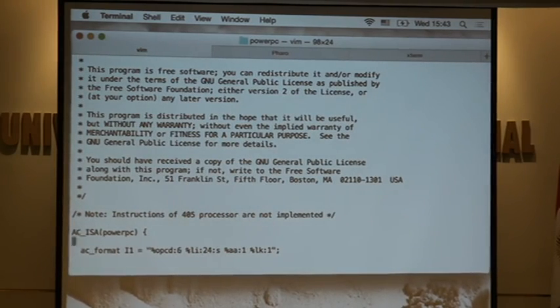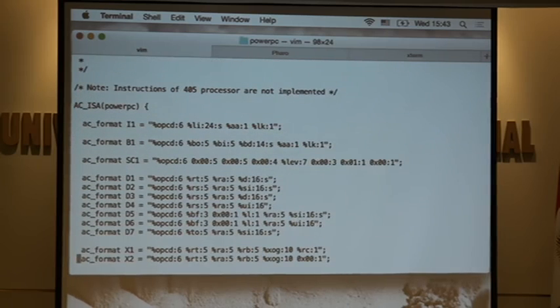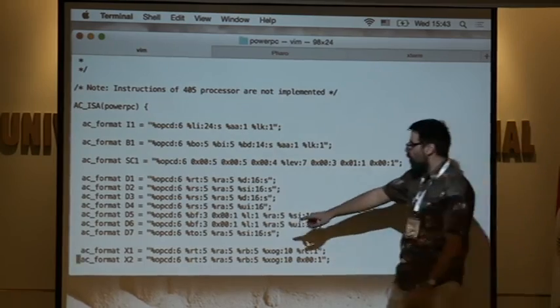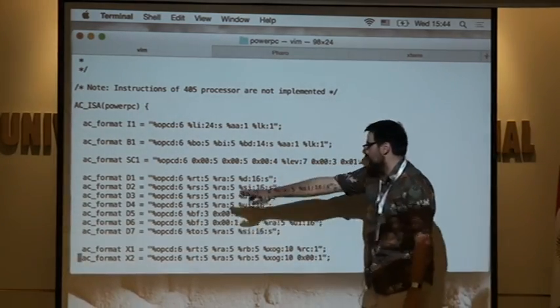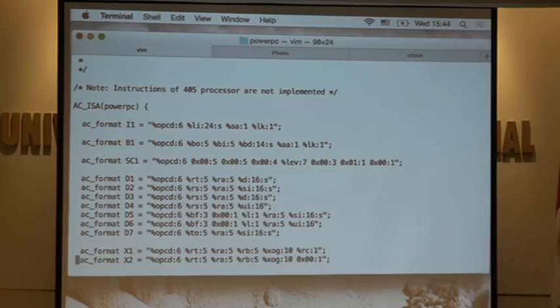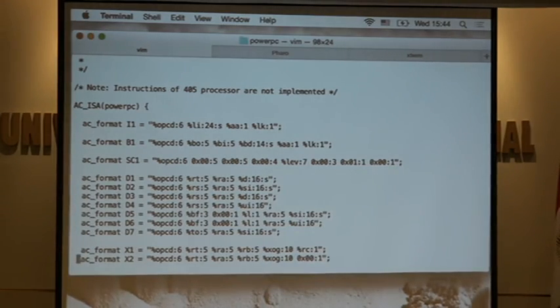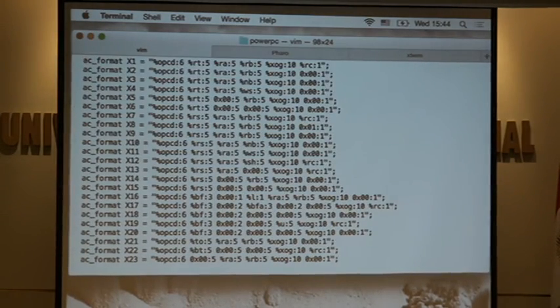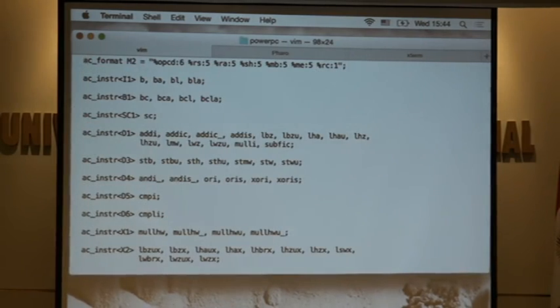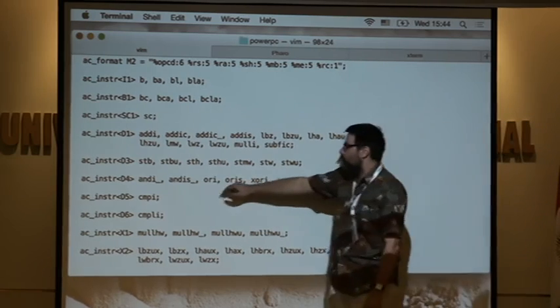So the ISA starts with a number of instruction formats. So here's your fields, how wide each field is, what's the name of each field, and then according to those formats, this is the declaration of which instruction uses which format.